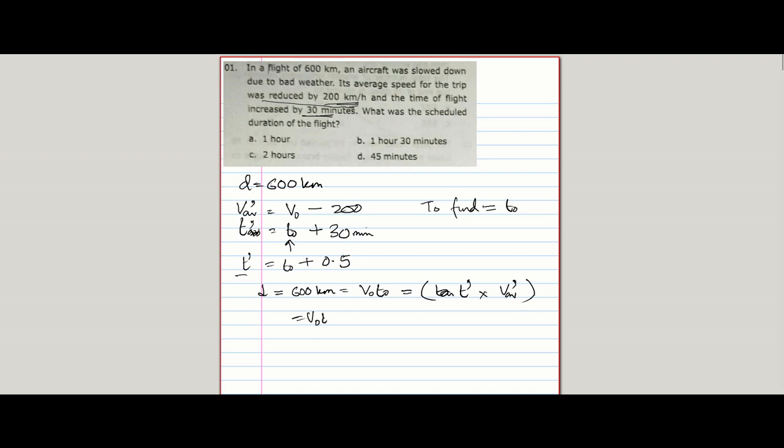So v naught t naught equals t naught plus 0.5 into v naught minus 200. So v naught t naught equals v naught t naught minus 200 t naught plus 0.5 multiplied by v naught, which is v naught by 2, minus 100,